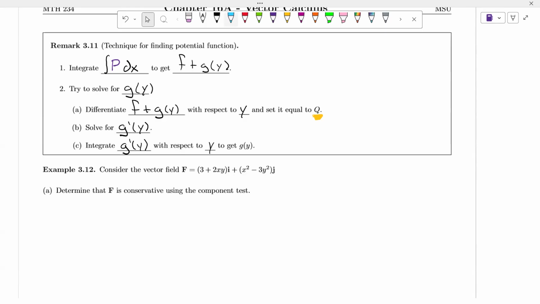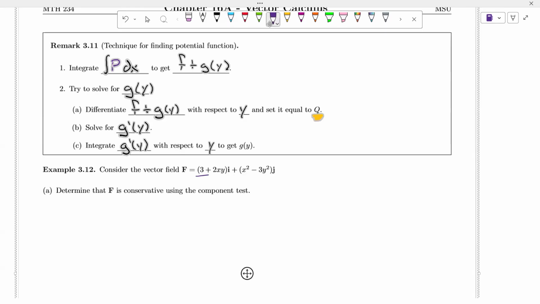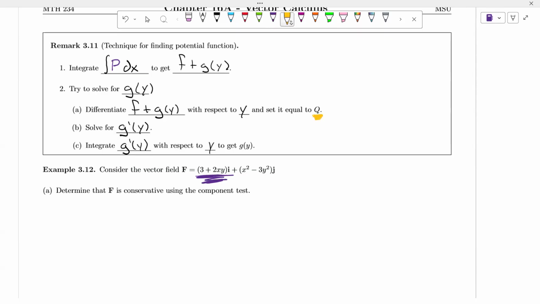So first, determining that the field is conservative. Mark off my P and my Q, just to keep myself thinking about what it is I'm doing. I need P partial y, which is 3 plus 2x. But look at the purple half. I also need Q partial x. So look at the y component. Do the x partial. I am going to get